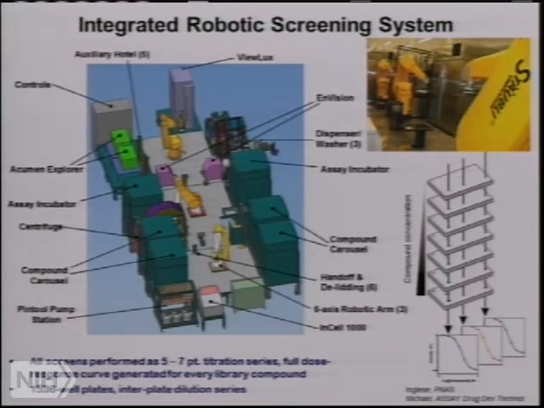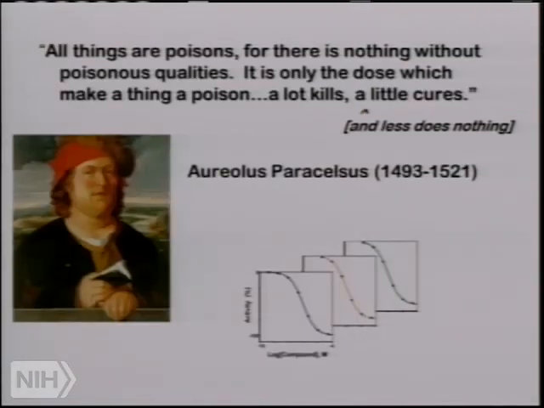One thing that we began to do differently, and this is really a considerable improvement in the process of high-throughput screening, is to actually generate dose response or titration data on every sample tested. And you may think, well, this is intuitively obvious, right? I mean, it was stated 500 years ago by the father of pharmacology that it's all about the dose. If you supply a dose that's too low, nothing will happen. Maybe some intermediate dose of the agent will cure, and a very high dose will kill.